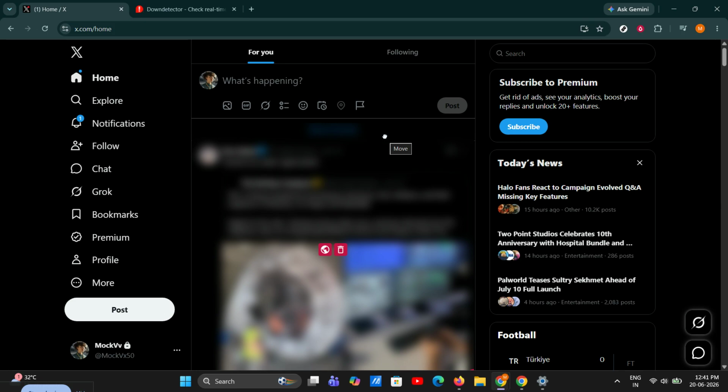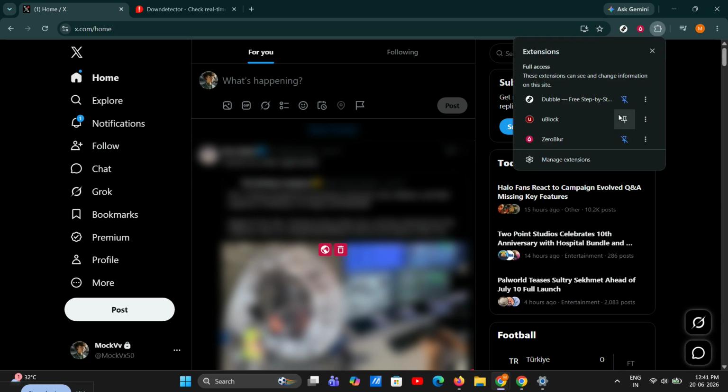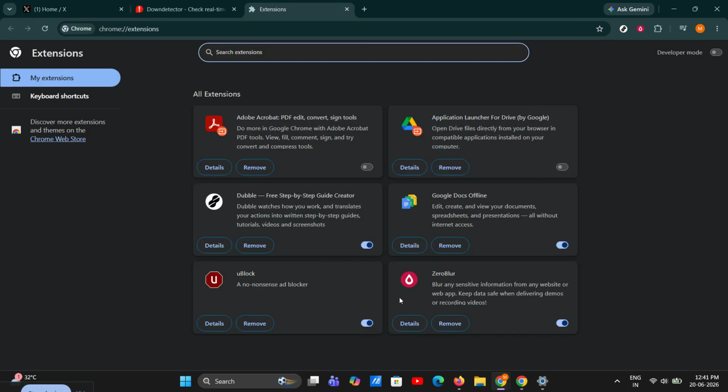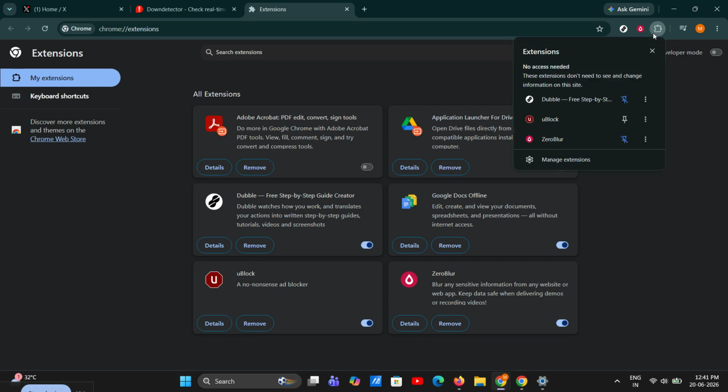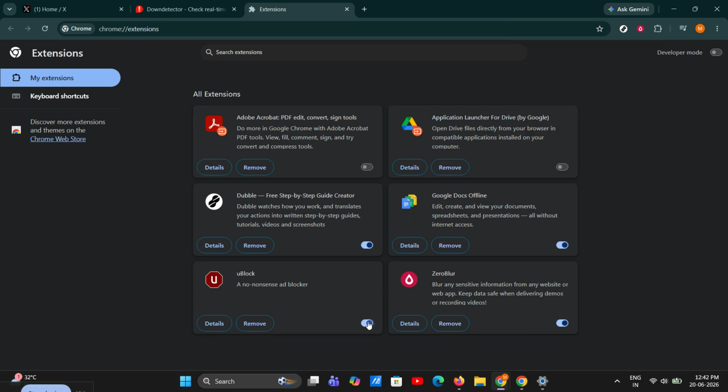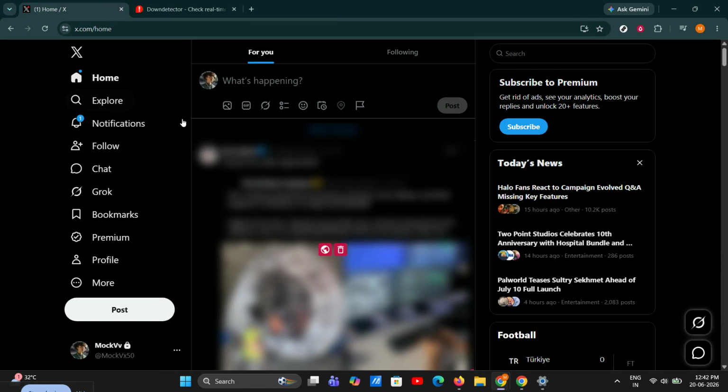Now, if you're using an ad blocker, VPN, or other browser extension, turn it off temporarily and refresh X. Extensions like aggressive ad blockers can block the scripts it needs to load your feed, notifications, or messages. Open the extensions menu by clicking the puzzle icon in your browser toolbar, then disable your ad blocker and any VPN extension you may have installed. After that, reload the page and check if X starts working normally. If it does, you found the cause. You can then decide whether to keep that extension off for X or adjust its settings so it doesn't interfere